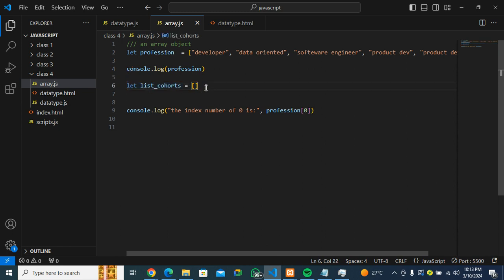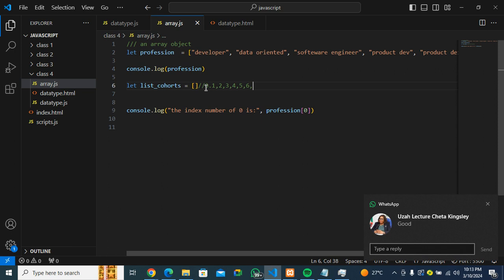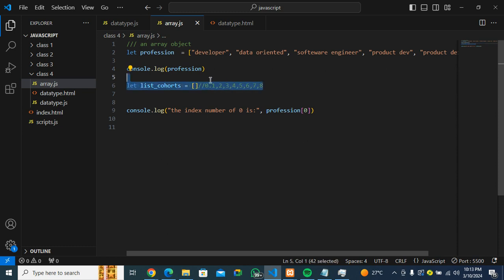some value. Also understand that an array has what? Indexes, right? Like this, like this, like this. When you look at these numbers, these are the index representation of the array. What I'm going to do next is add values to this list of cohorts using the index. You cannot just add them without providing the index. So you need to provide the index where you want them